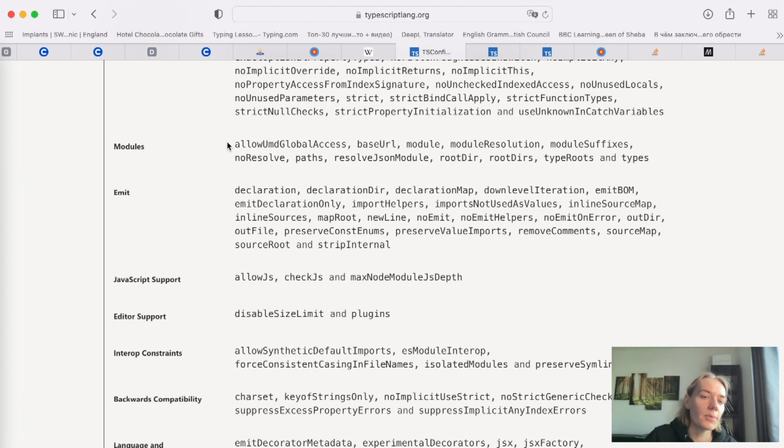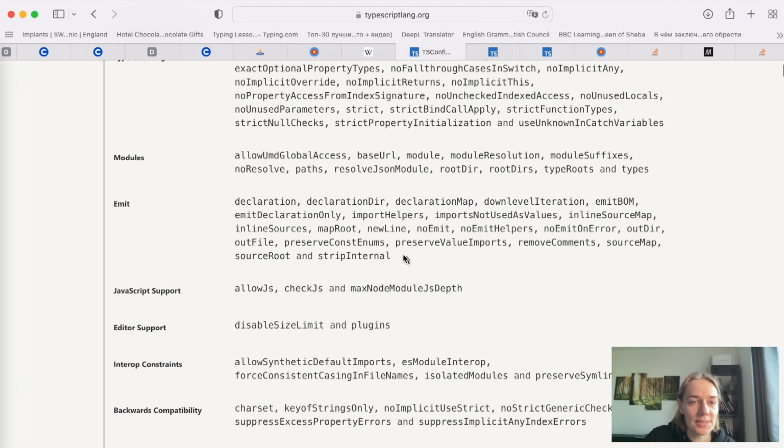Actually, before I wanted to create module and emit together. But here there are many properties which I don't super understand, and even the documentation doesn't help me with it, because I usually understand better when there are examples. So let's try to discover these. First of all, we start with